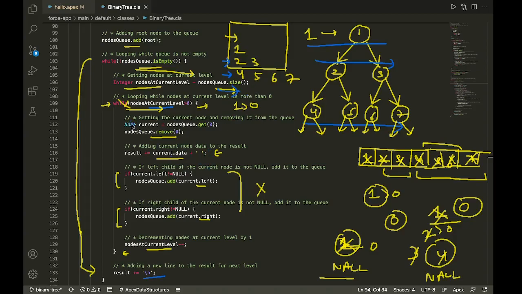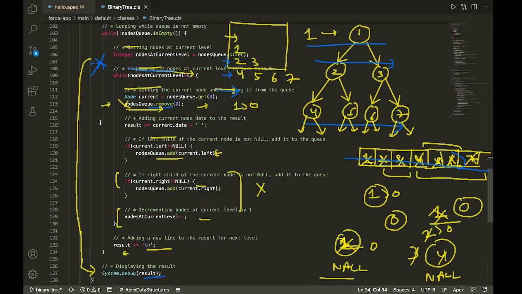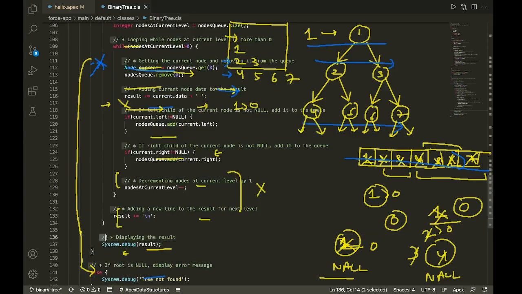And then we are going to move on to our outer loop. So our outer loop will check while queue is not empty. But in this case, if you see, we have processed all the nodes inside our queue and our queue is now empty. Okay. So this while loop will terminate right here and we'll proceed ahead. So if you see, after that we are doing nothing, we are just displaying the result. So this will be our final result, which is nothing but 1 2 3 4 5 6 7. And if you see, our tree is also like 1 2 3 4 5 6 7, right? So this is how we can basically traverse a binary tree.